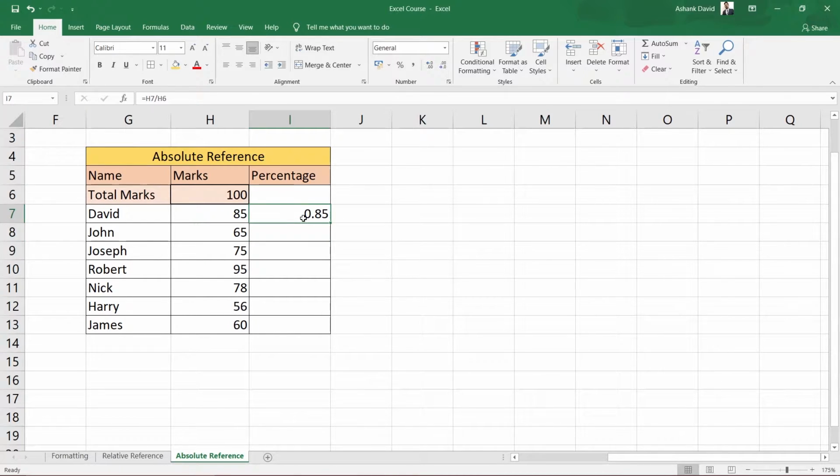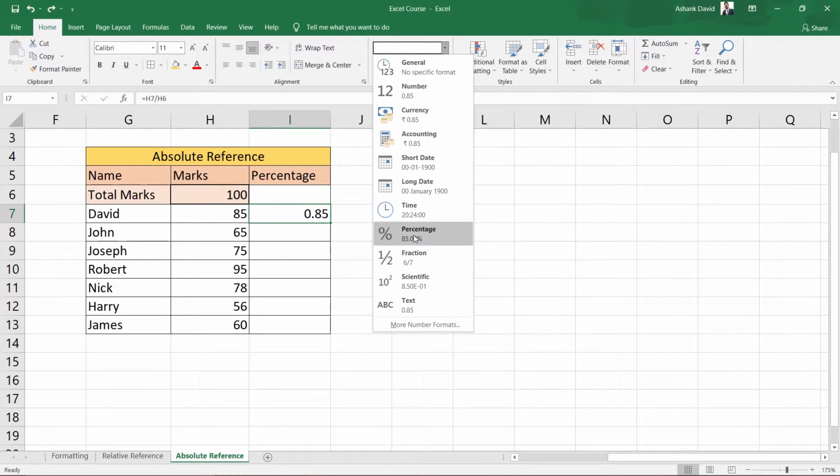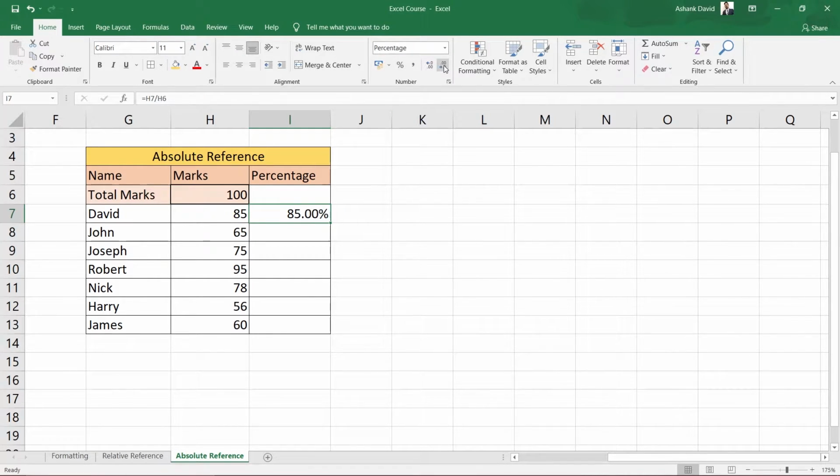There are two ways you can convert that into a percentage. First, you can select the cell and then click on this percent style, so it will change it to the percentage. Or if you don't see this percentage style, I'll just undo it for now. I can select that cell, click on this drop down menu, and here I can select percentage. And now I can use the decrease decimal to adjust my value like this. So it gave me this value here. 85% is my answer for this.